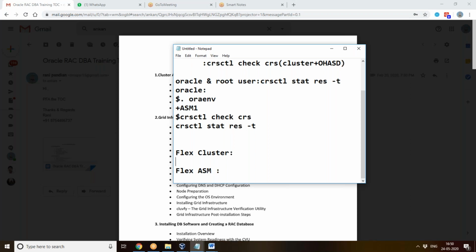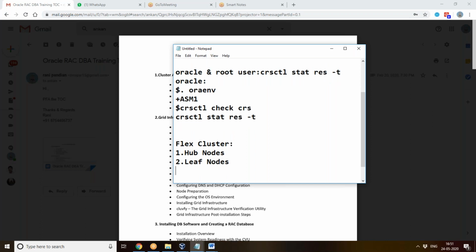So what do you mean by this? First, Flex cluster means you have 2 types of nodes. One is hub nodes. The other one is leaf nodes.